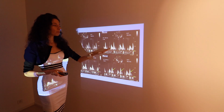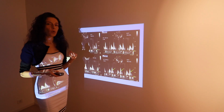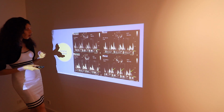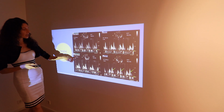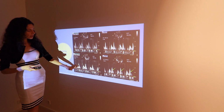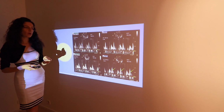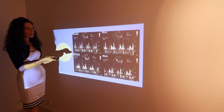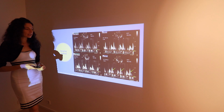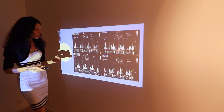Now we see a more clear separation of the E and A wave, and the diastolic filling time prolongs to 394 milliseconds. Then we further shorten the AV delay to 120 milliseconds, and now we have a very distinct separation of the E and A wave without truncation of the A wave, and we have a diastolic filling time of 432 milliseconds. And if we still try to shorten the AV delay to 100 milliseconds, yes, indeed, we have a